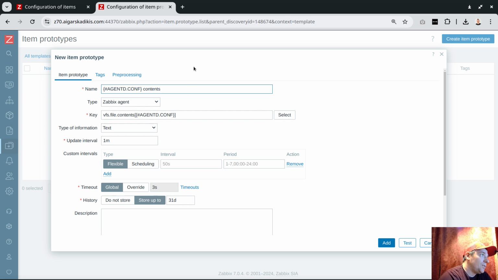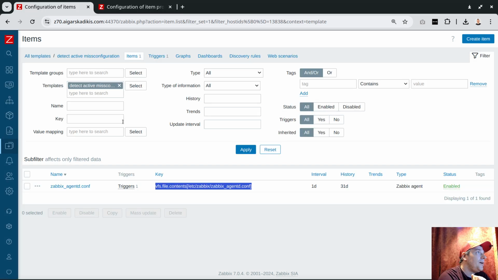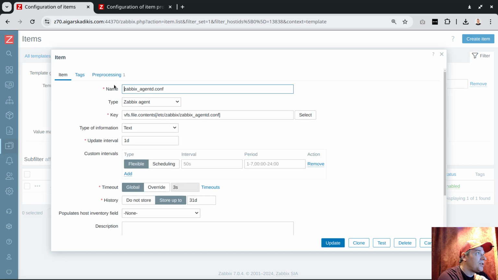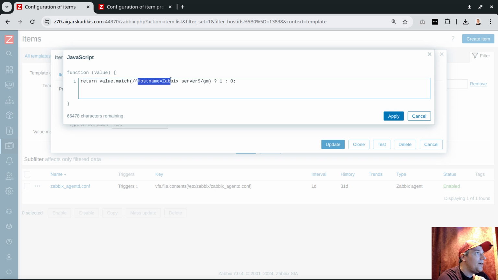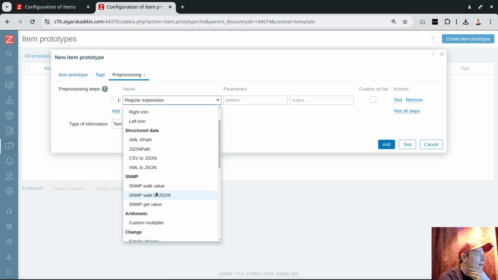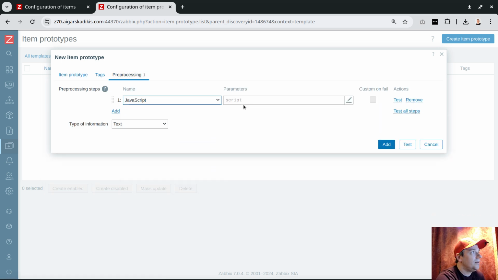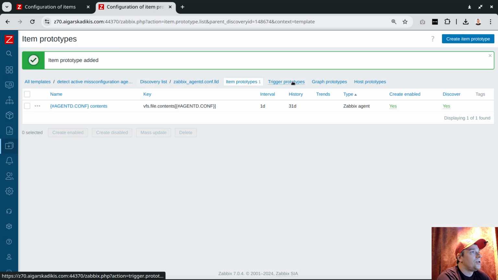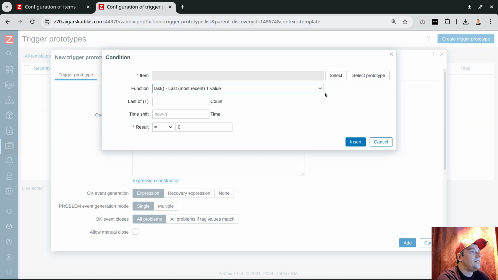In the previous video, it was detecting if the configuration file contains a line which starts with Hostname=Zabbix server. That's a serious misconfiguration. This is very, very bad if you have such a line activated on every server. So I will do absolutely the same here in the item prototype, checking if that exists. Add, and of course the trigger, create trigger, add,